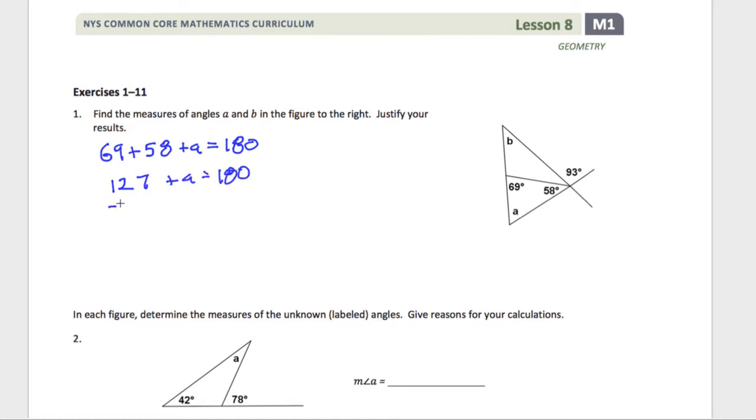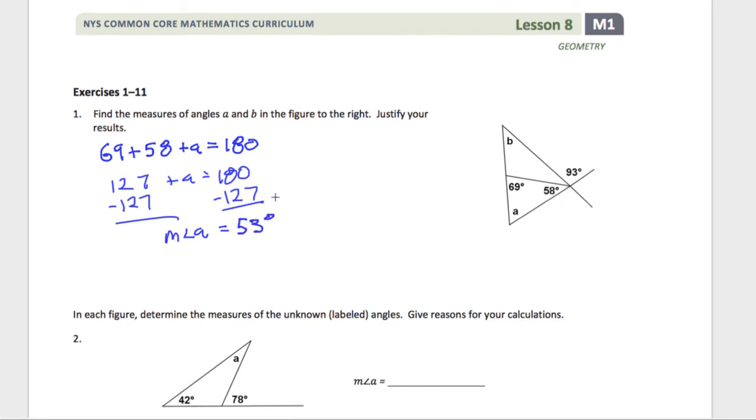If I subtract 127 from both sides, the measure of angle A is